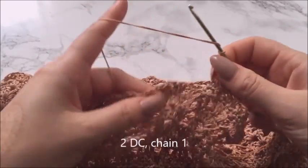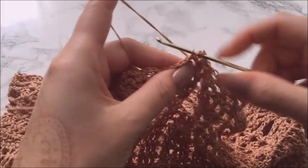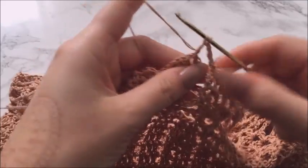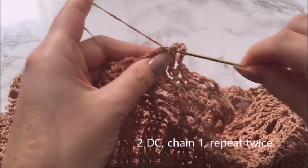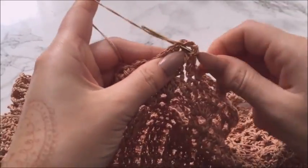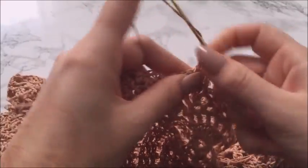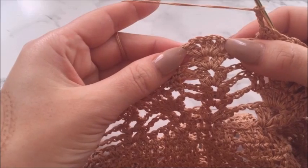So then you are going to chain 3 across. You are going to place 2 double crochets in the small fan beneath it and chain 1 at the top. You're not doing the regular mini shell pattern in this row. So you're going to be placing 2 double crochets, chain 1, 2 double crochets, chain 1, 2 double crochets to